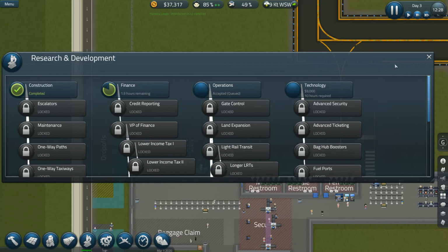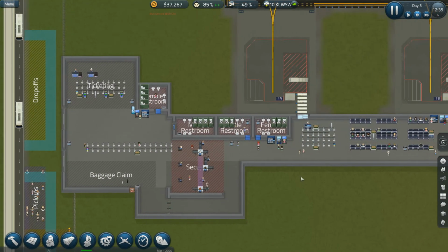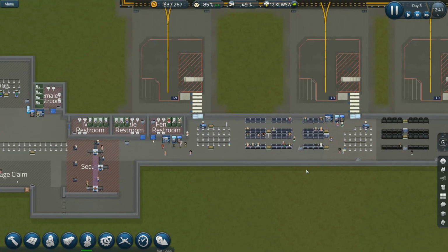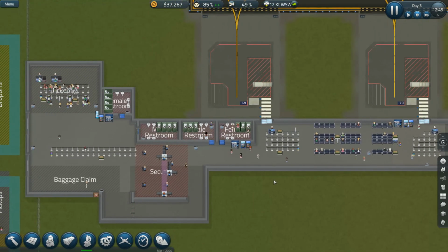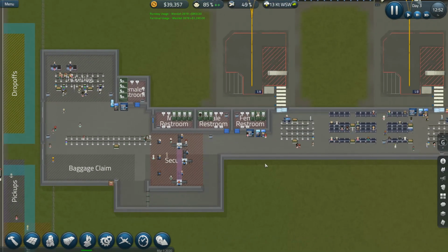But we want to probably hire these people first before I do too much more of the research. But I do like, while I have some money, to get that research done because other things you can buy, I don't think you can get the research. Yeah, so there goes our ticketing. We're doing a lot better